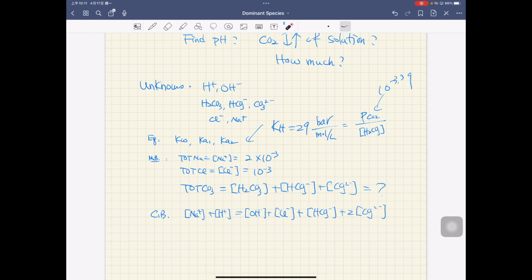Probably some of you will ask me, but probably none of you will ask me, can we do total H? Find the dominant species here. In this one, you don't need to do it. The reason is that you always put H2CO3 in the reference. Do you know why? If you don't put H2CO3 in the reference, it will sit on the right. Then when we do the total H in, we will ask,